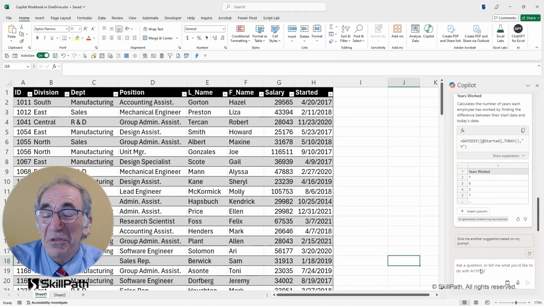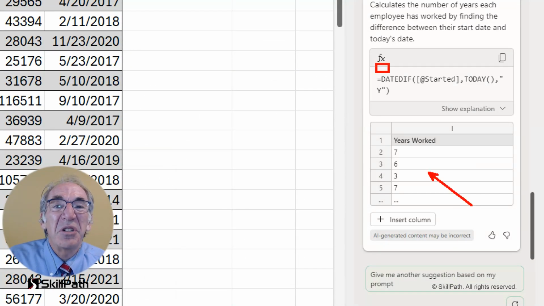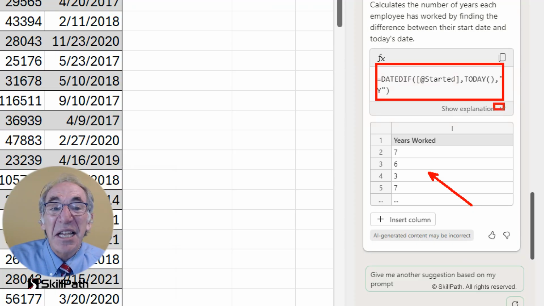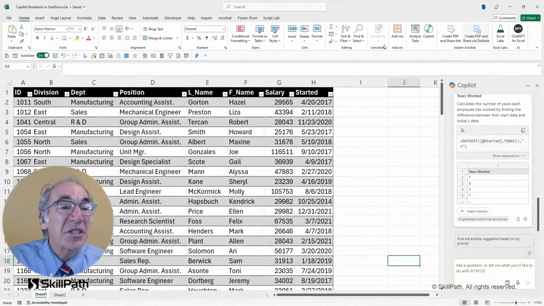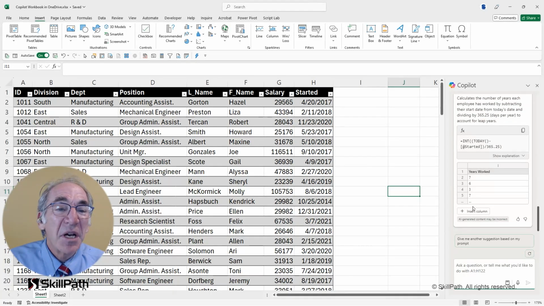I see a suggested formula, as you might be able to see over here. I even see the calculation of the formula as well. And if I'd like an explanation of that formula, then I could, in turn, click that button to be able to see the results. And of course, it would explain it in the panel on the right side of the screen. That being the case, if I truly wanted to insert it, then I would just click on the button that says Insert Column and wind up with an additional column that's calculating the number of years that someone has worked for the company.